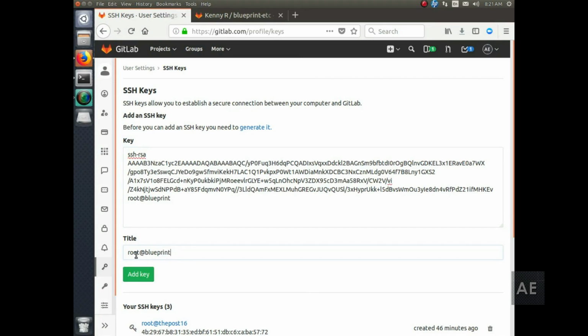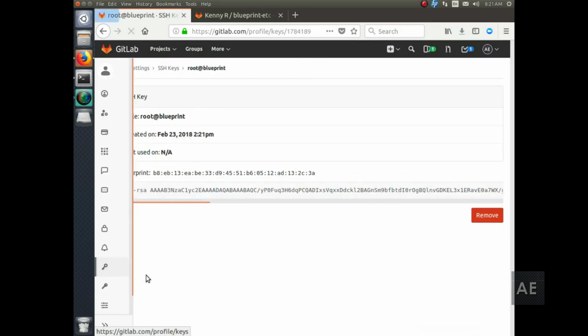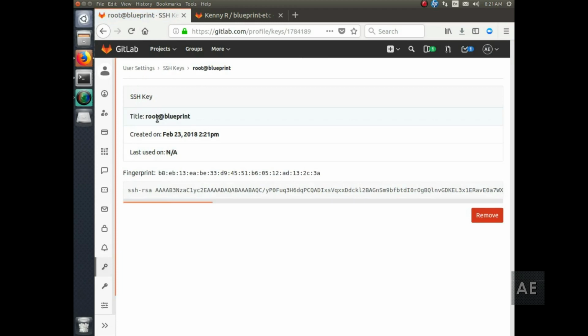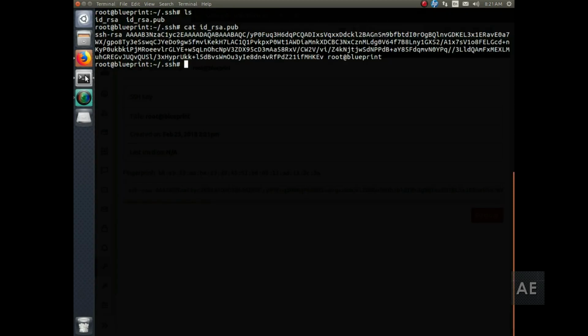And so the title I have is the user at the server name, so I know what key goes to what. And then you will click add key, and now the key has been placed. Alright, so now that you can go back, we will go to the etc directory,